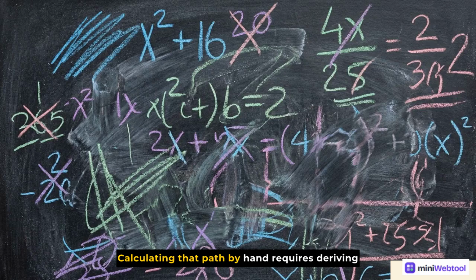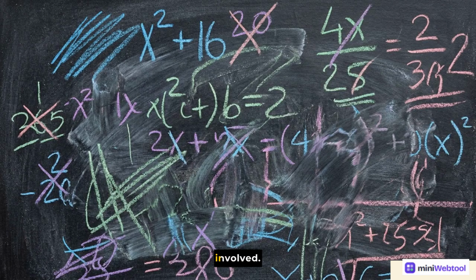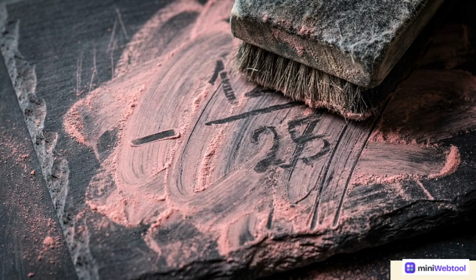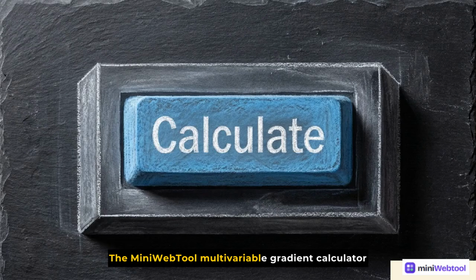Calculating that path by hand requires deriving partial equations for every single variable involved. It is a highly repetitive algebraic process, where a single dropped negative sign or miscalculated fraction throws off the entire final result. The MiniWebTool multivariable gradient calculator automates this exact process, handling the algebraic heavy lifting to generate an immediate,